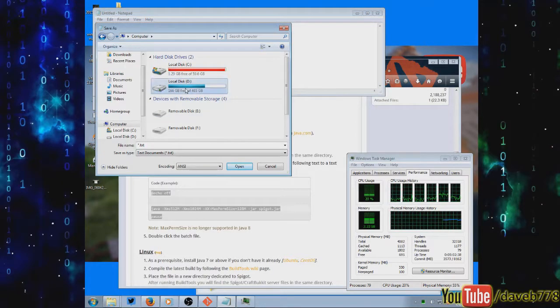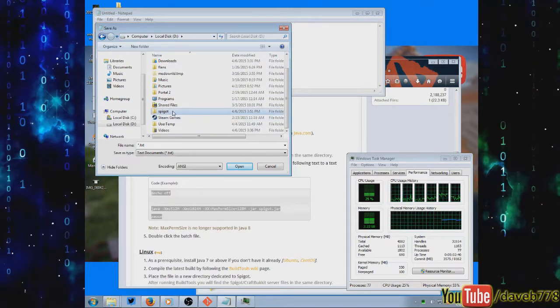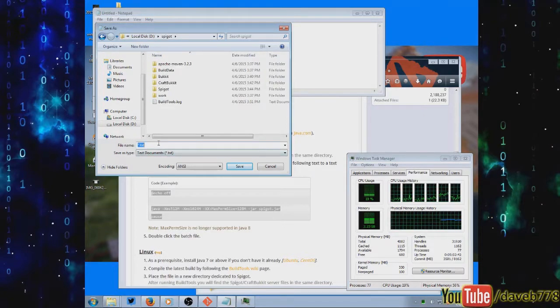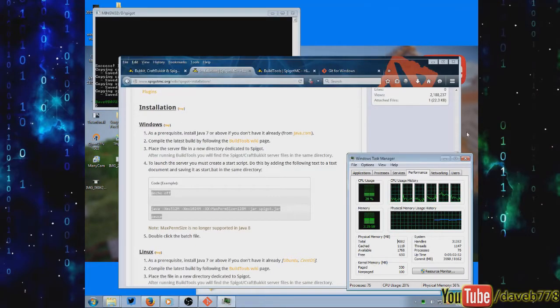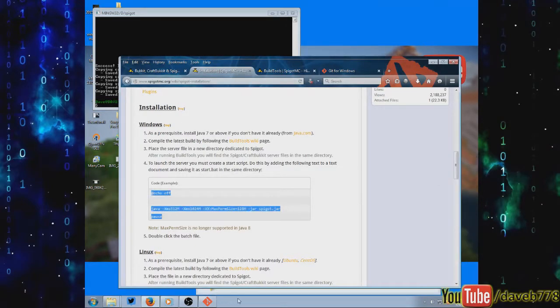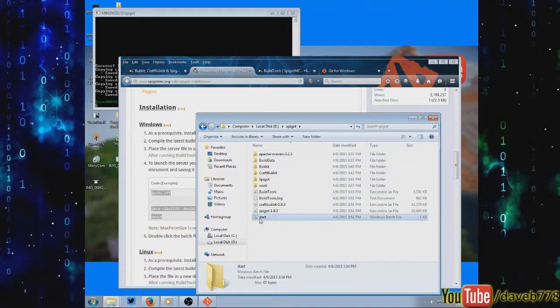My computer, C. No, I mean D, sorry. And you're going to want to name it start.bat. And you're going to want to save it as all files, so that way it doesn't have the .txt extension. So when you save that, you can close out Notepad, close out that. And now if we go back here and run this,